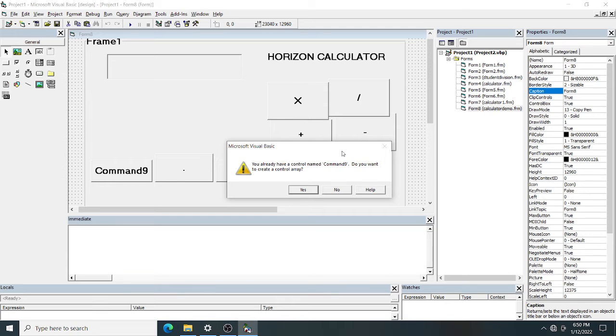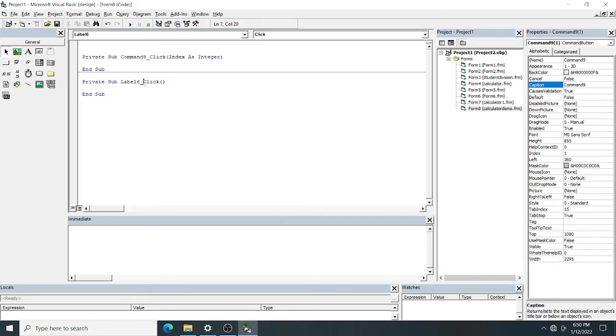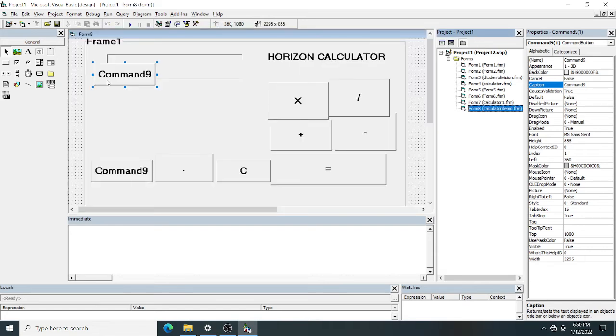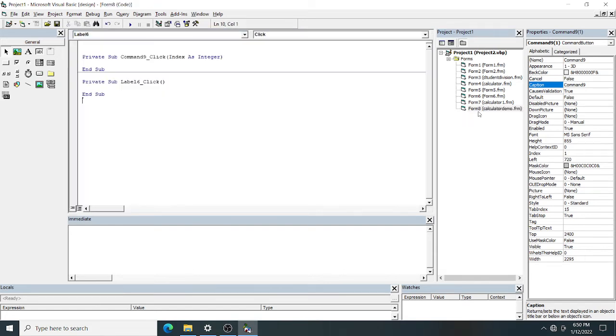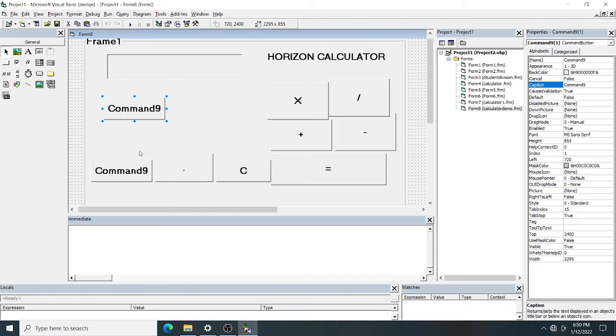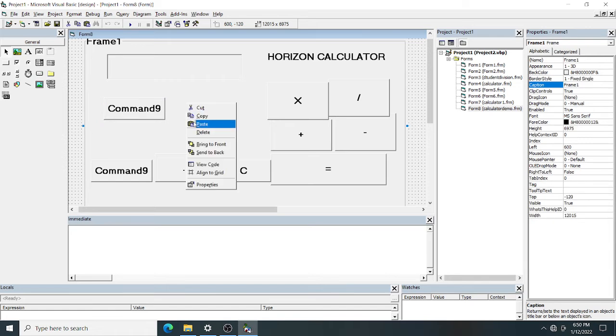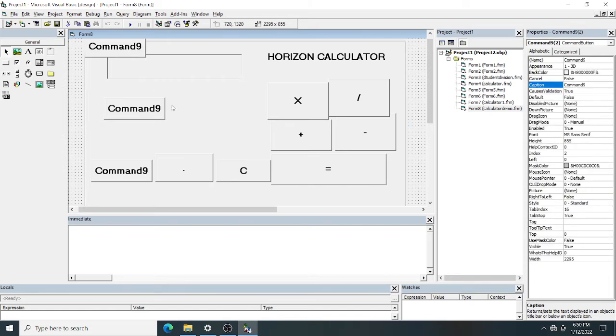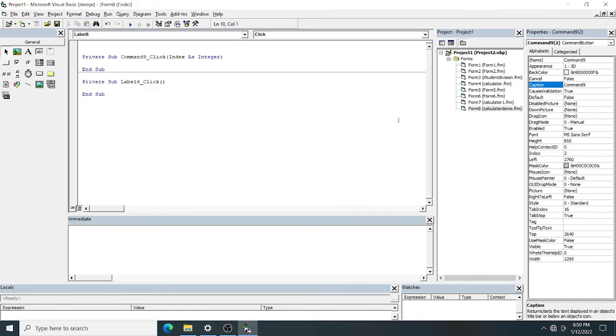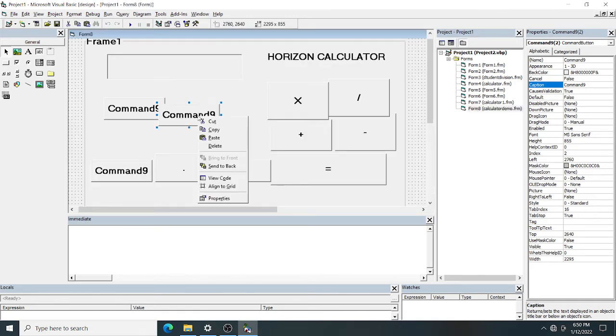If you create one more button with the same name, it will have the same name but a different index. See, if I click here, you can see. My mouse problem is there, as I told you. See this one, Command 90. This one is Command 91. Okay, now again I am pasting. See this one, what is the name here?